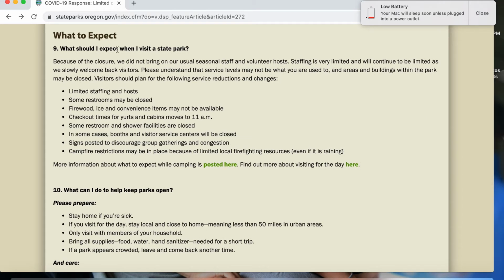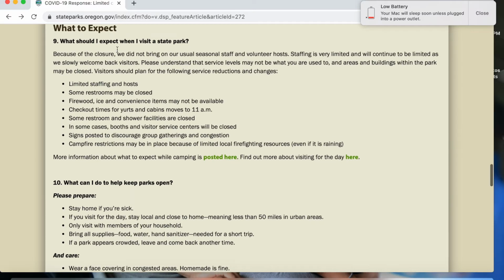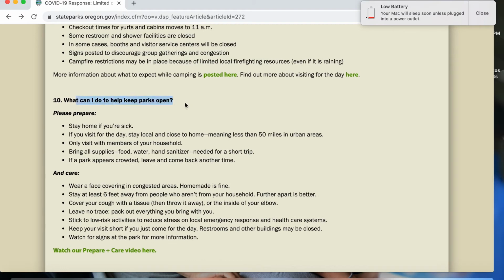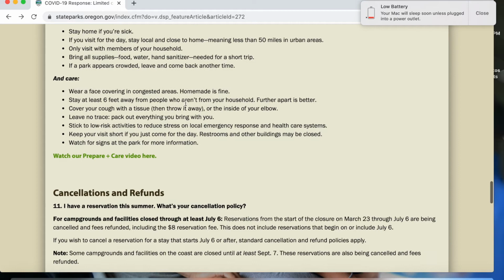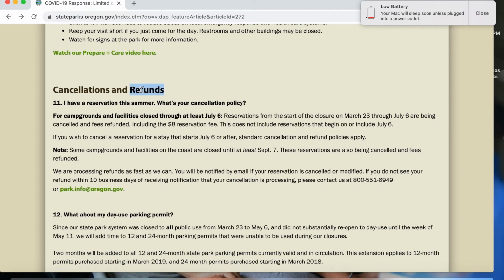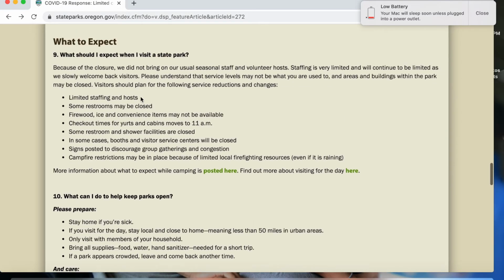This includes information about limited staff, restroom and facility closures, signs, visitor center closures, and campfire restrictions. It also gives you information on what you can do to keep parks open amid COVID-19. This section gives you more information on cancellation and refunds. Again, please be sure to read all information that is relevant to you and your experience.